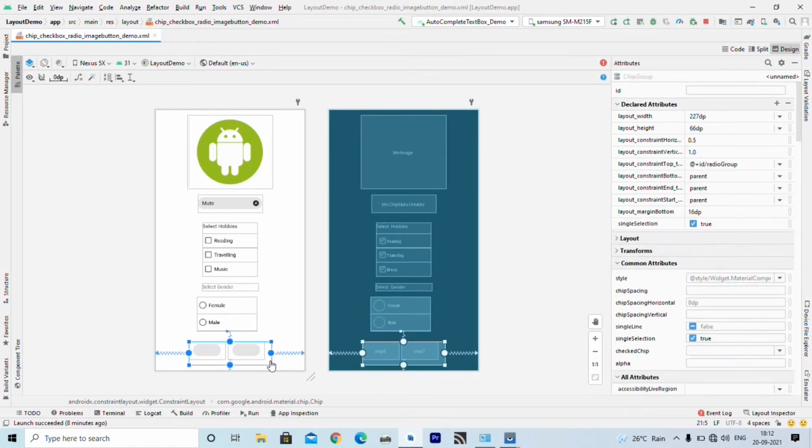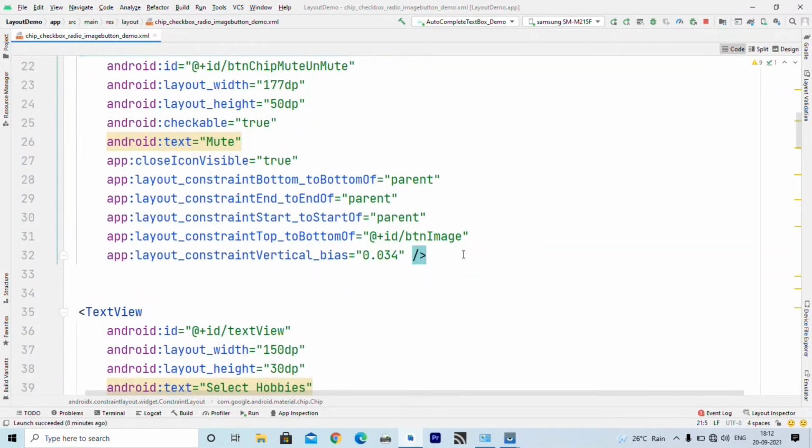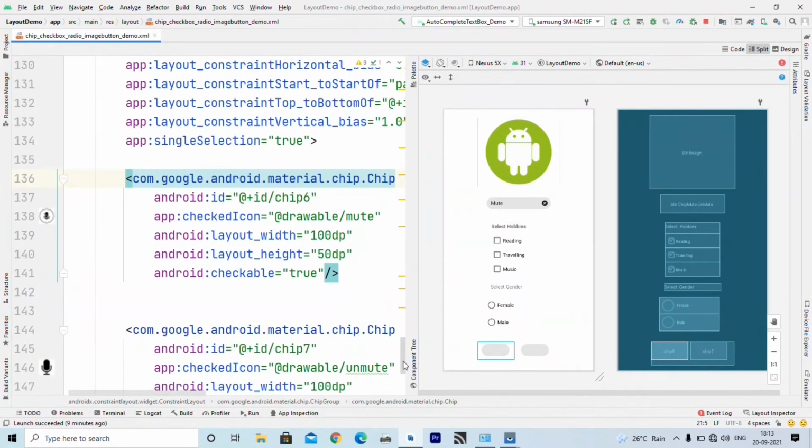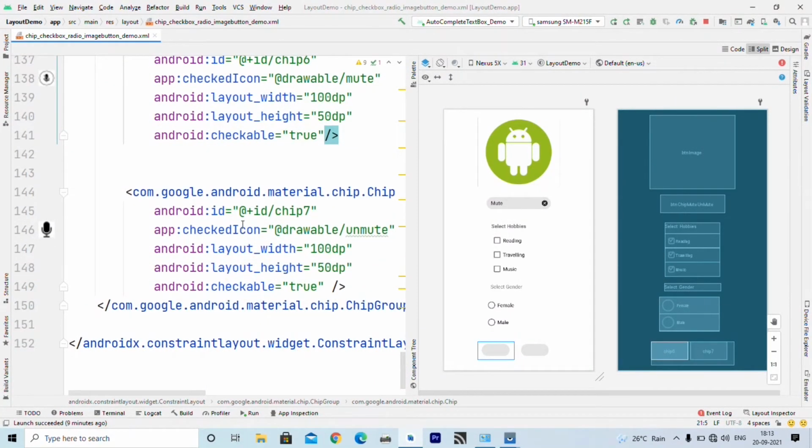Now this is chip group, right? So that you can verify here. Inside that I have placed two chips that you can see here, chip 1 and chip 2. Now let us go to XML part. So here you can see inside chip I have written chip, but this chip is different from this.